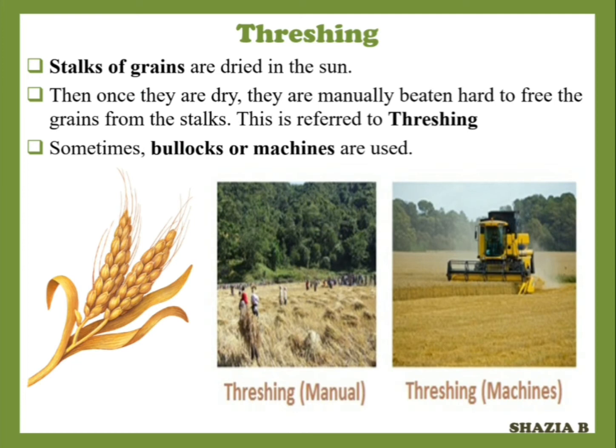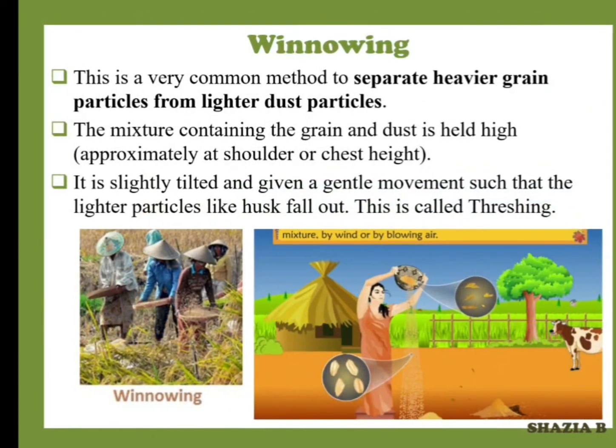The next process of separation is winnowing. In winnowing, we can actually separate particles that are of similar sizes, unlike threshing, which is not advisable when both particles are of the same size. In winnowing, we separate particles of similar sizes that differ in their weight or density, that is, one should be heavier and the other lighter. So winnowing is the separation of heavier and lighter components of a mixture.